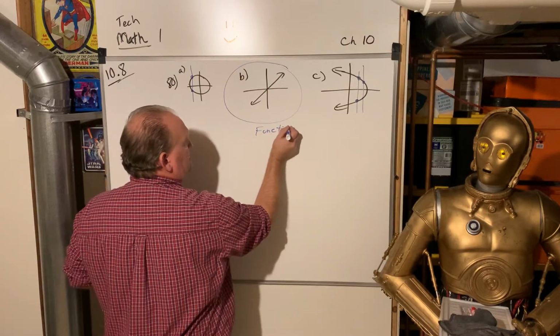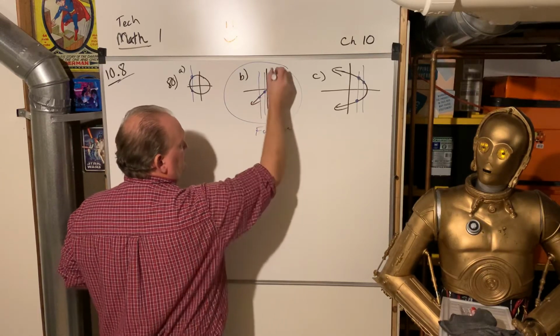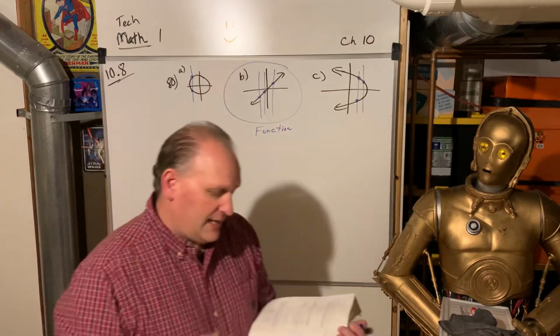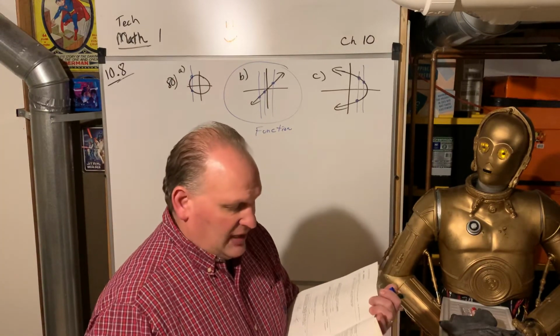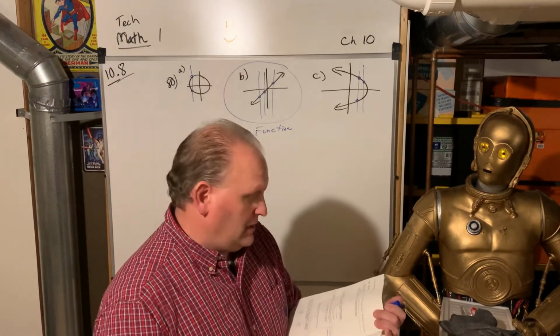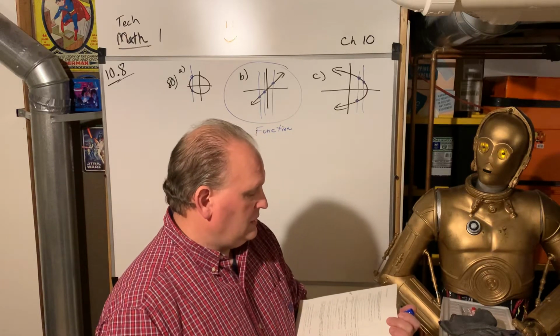And that's because, look, if I draw a vertical line, I'll only hit it once. All right? That's called the vertical line test. But basically, you can just look at it, and if you see any points that are directly above another point, it's not a function. Okay, so let's go to